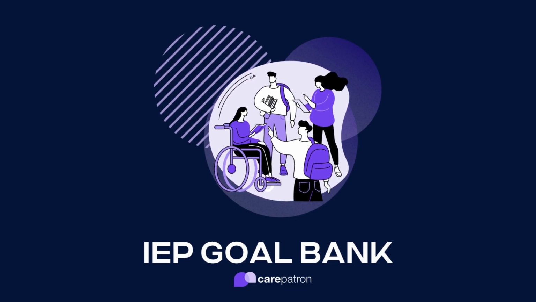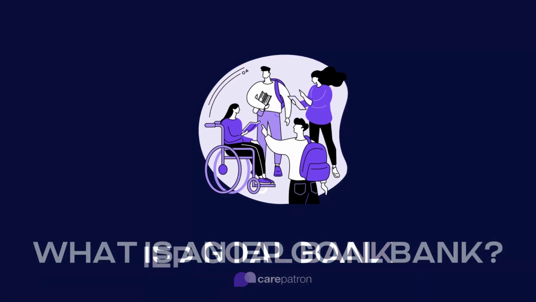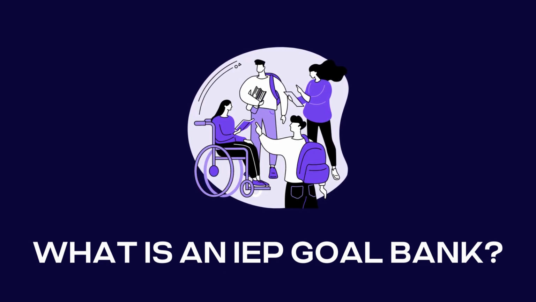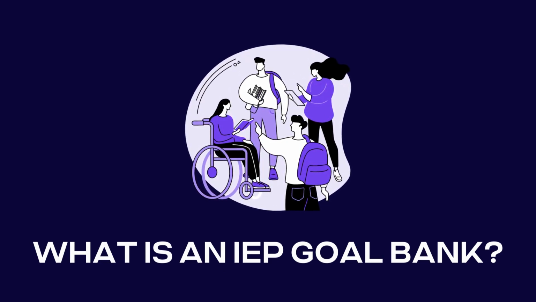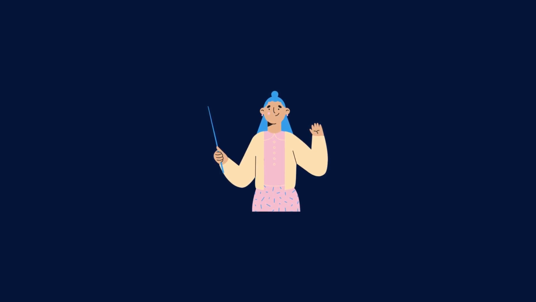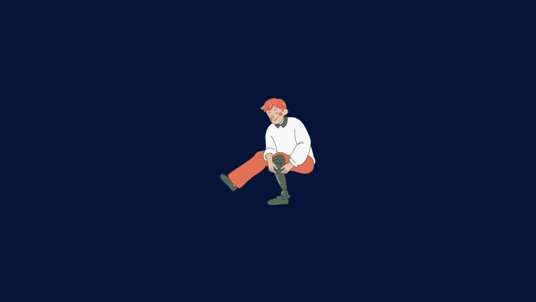What is an IEP Goal Bank? An Individualized Education Program, or IEP, Goal Bank is a collection of pre-written goals and objectives that can be used by educators, special education professionals, and IEP teams to develop individualized goals for students with disabilities. These goals are specific to the needs of each student and are outlined in the IEP, which is a legal document that outlines the educational services, accommodations, and goals designed to meet the unique learning needs of a student with